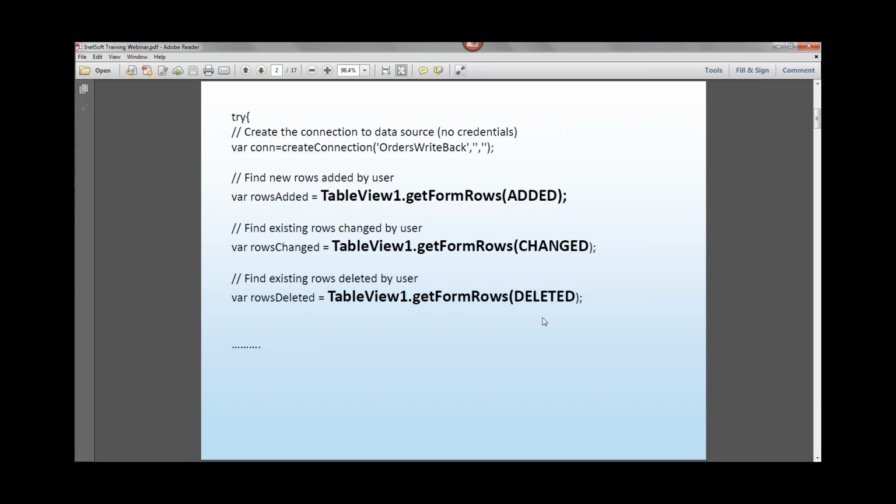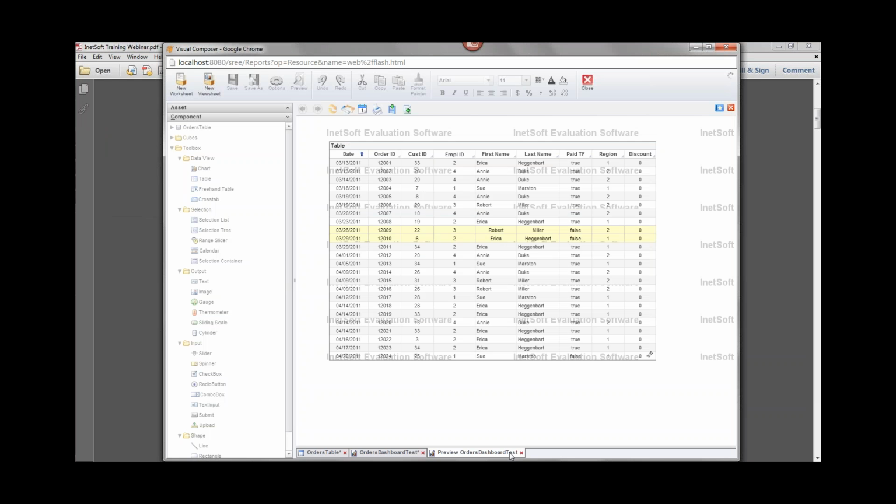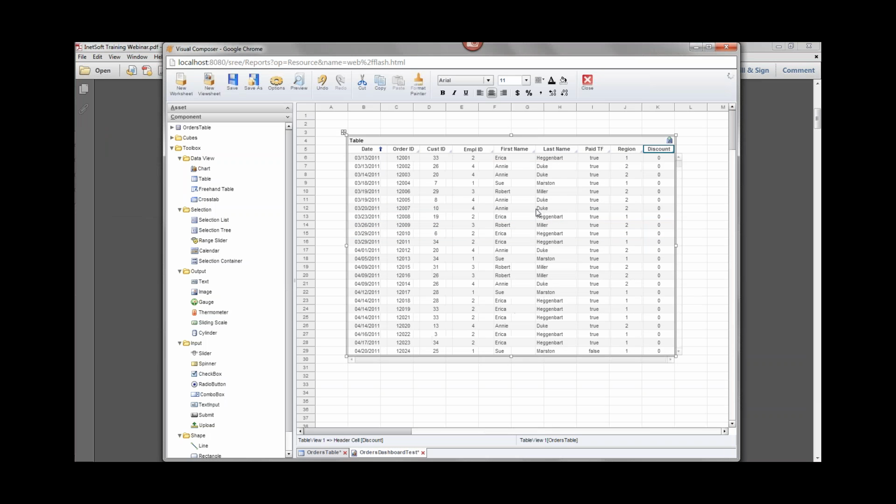So we can do just a quick illustration of how this works, just so you get the idea. So let's do this by adding a submit button to our dashboard. I'm going back to my dashboard, and I'm going to add a submit button. For demonstration purposes, I want to allow the user to make some modifications in the table, and then when they click the submit button, I want to pop up an alert that shows the changes that they made, just so we can demonstrate how you get access to that in script.